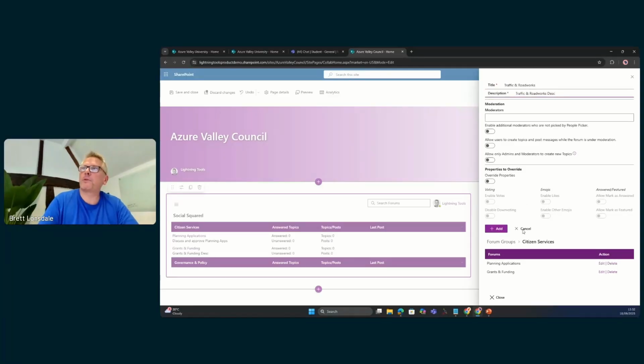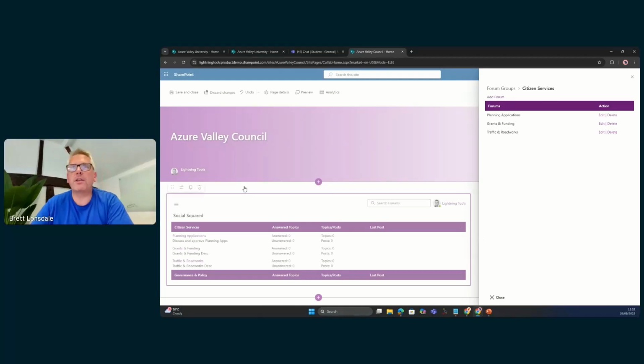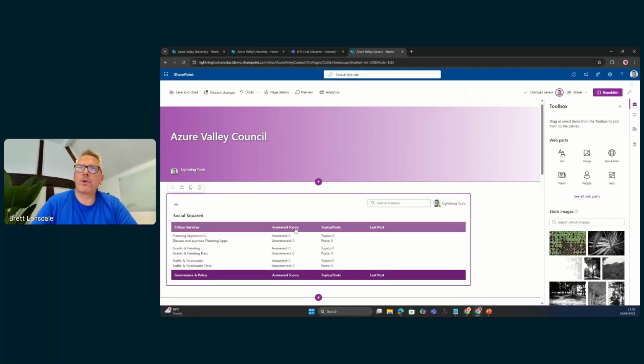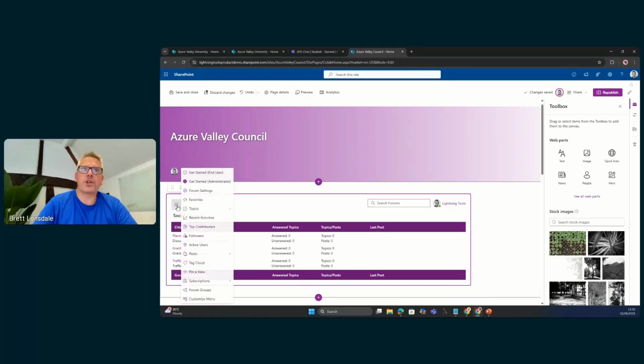And that can be my description for that one as well. So you can see how that's then configured. And of course, we can go back and start adding forums under governance and policy as well. Once we've done that, once we've got the structure that we want to work with, you've got the ability to